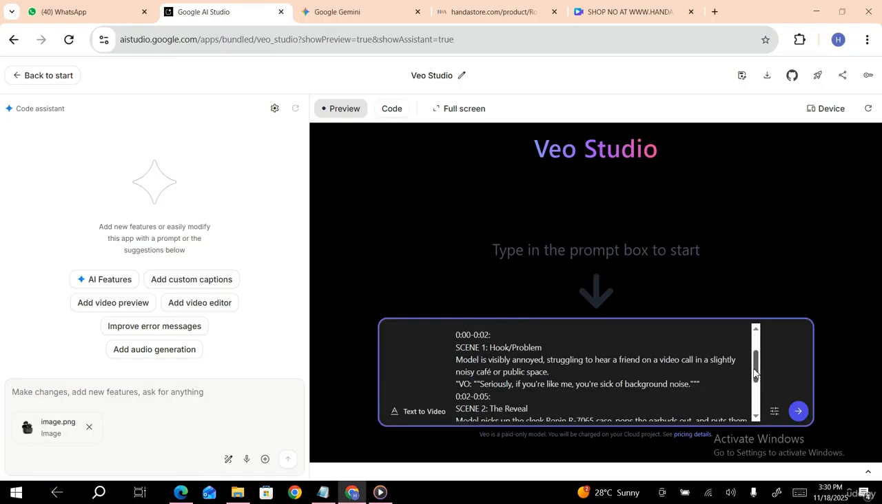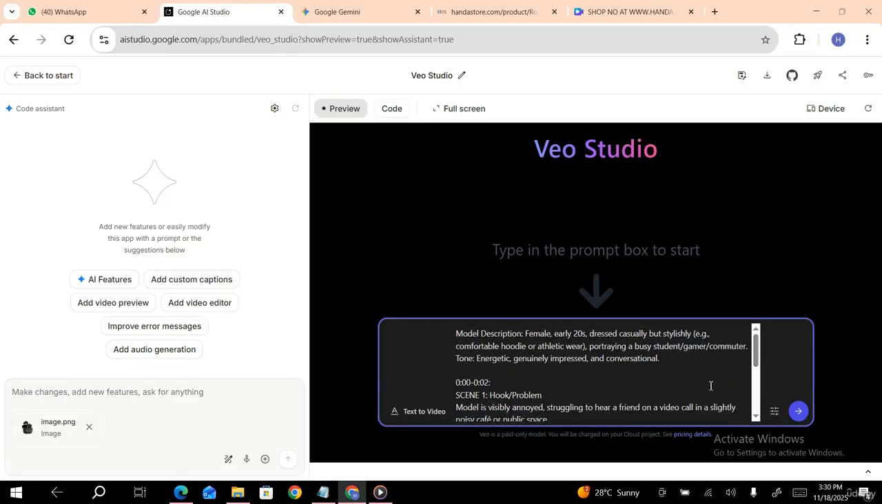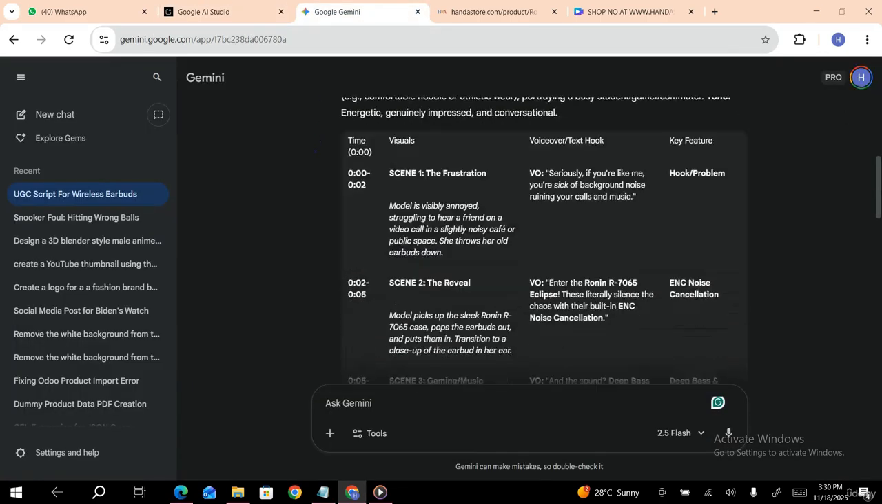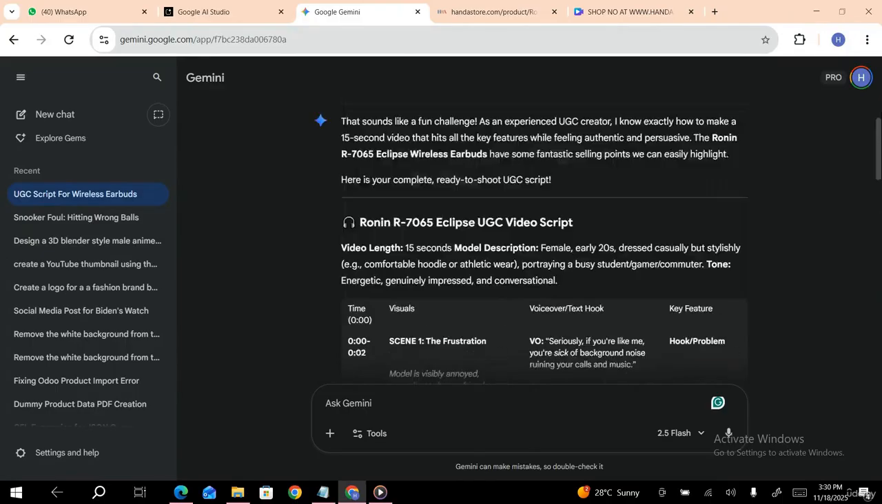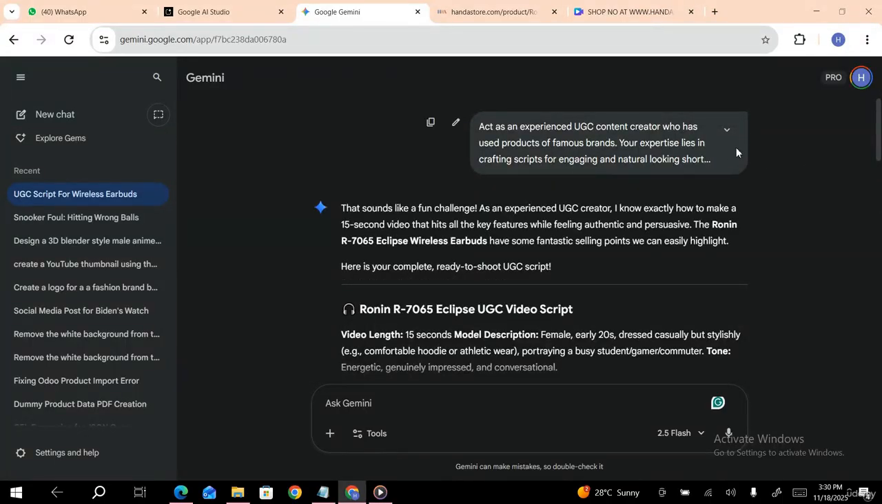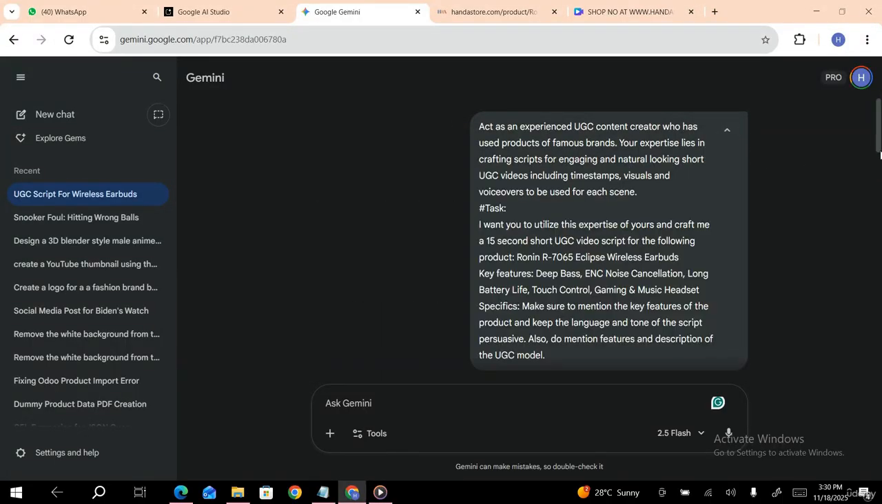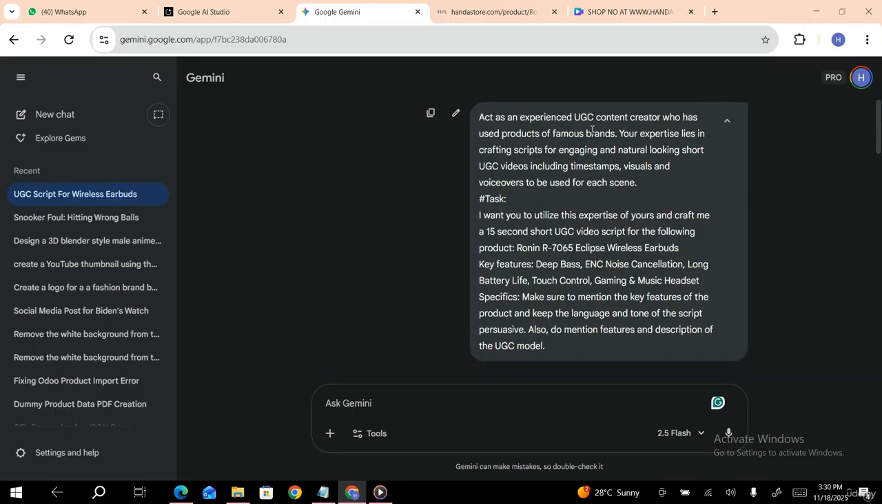So here I have written down the script. I have shortened the script now, but before I show you this script, I'm going to show you the prompt and what output was produced by Gemini when I asked it to produce a UGC content script. So this was the prompt. Let's read it down. I said, act as an experienced UGC content creator who has used products of famous brands. Your expertise lies in crafting scripts for engaging and natural-looking short UGC videos, including timestamps, visuals, and voiceovers to be